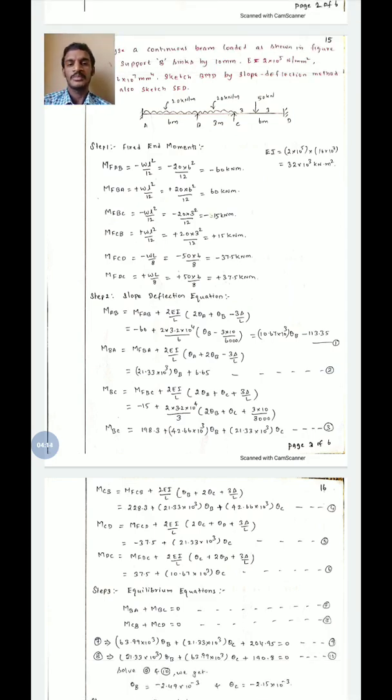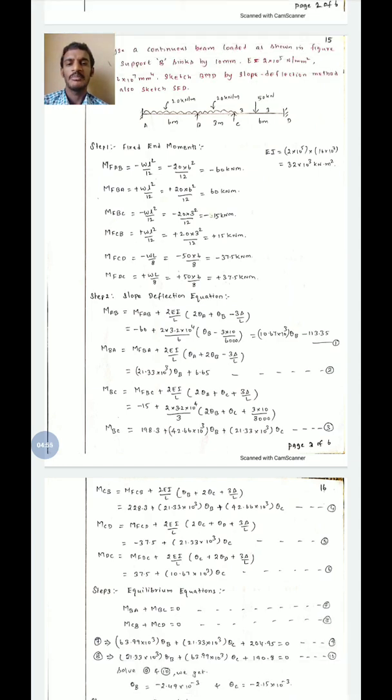We have to calculate in this problem the delta value also. Delta value will be based on the support settlement value. For AB portion, there is settlement at B portion only, 10 mm. In A portion, there is no settlement. For delta, we will calculate from the left end. Therefore, for left end A, it is considered as 0. In B, 10 mm. Therefore, 0 minus 10, we will get delta value as minus 10 mm. That minus symbol will be marked in the equation.